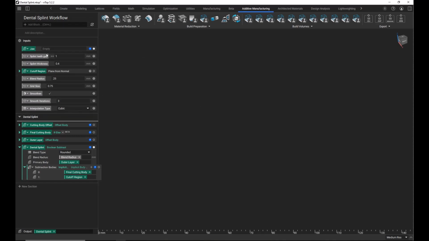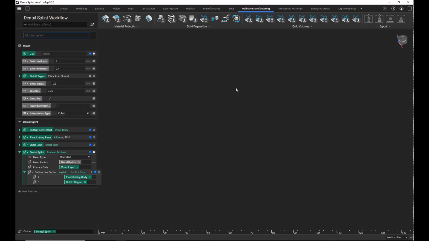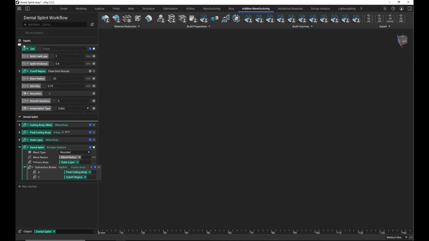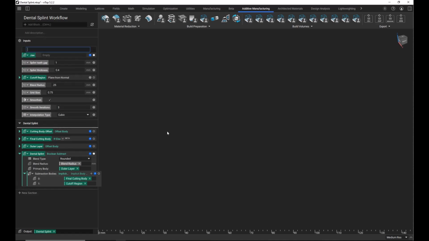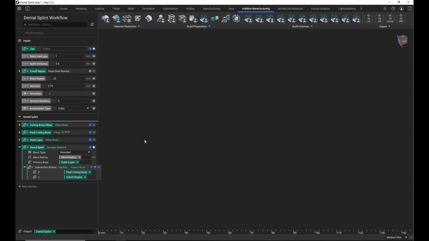And the other key thing that I would say is write your description anytime you're writing a custom block. Also add inputs so that everyone knows what those values mean, if you have any specific notes for them. And to save on time, I already have my custom block created for this dental splint that has all the detailed descriptions. So I won't go through this now, but definitely if you are making your own custom block, I recommend doing that. And then the last thing you would do is File, Save